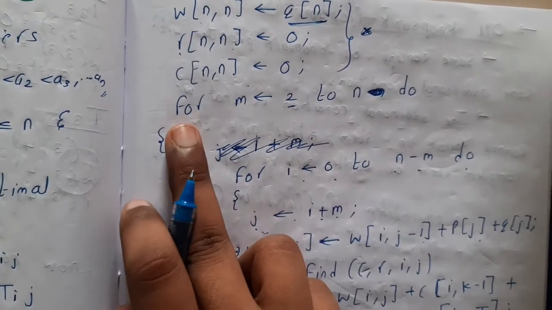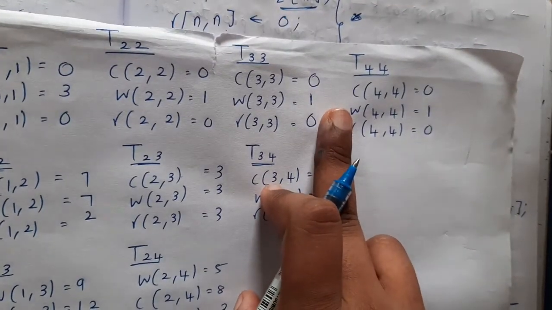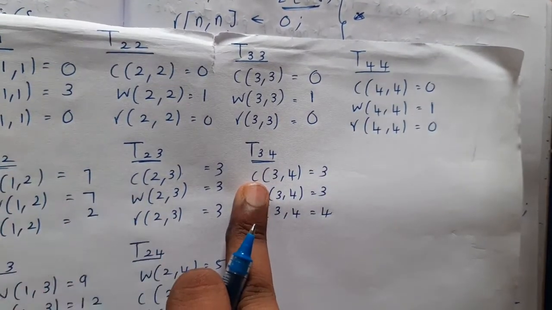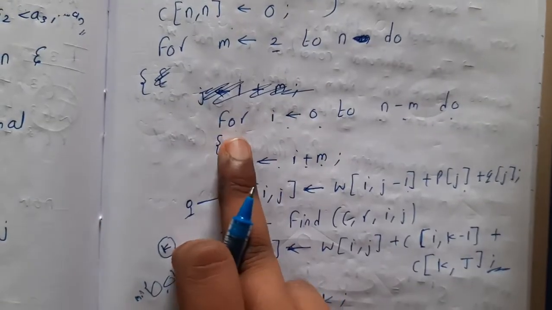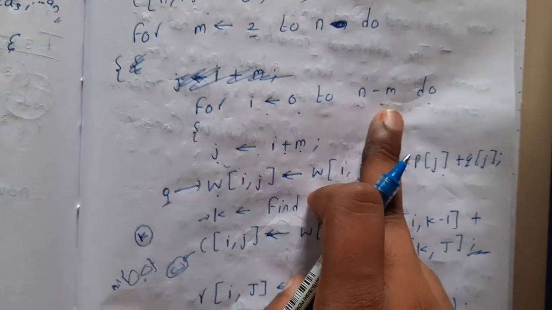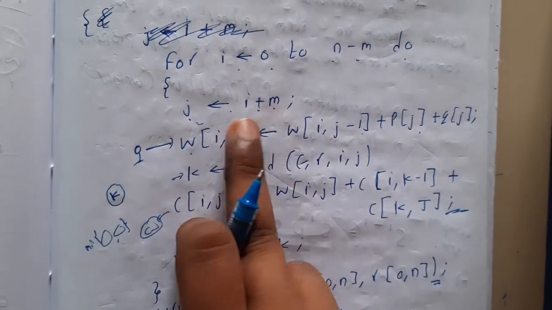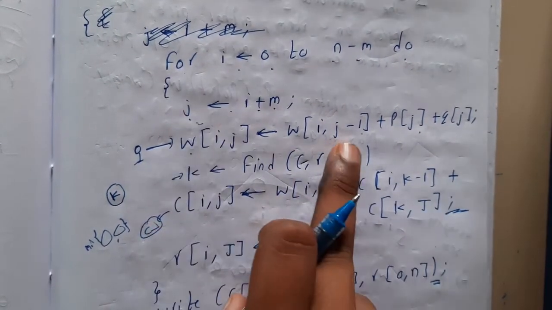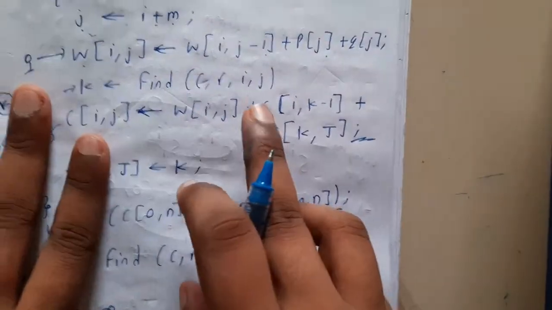Later on we'll be starting the loop for the rest of the things other than the first two. j minus i equal to 0 and j minus i equal to 1 is done for now. Moving on to the next thing, here you will be starting a loop from i equal to 0 to n minus m. Initially you will be placing j equal to i plus 1. j is nothing but this term which we are using from the algorithm itself. From previous also we have learned, here we used k, here we are using j, that's the only change.